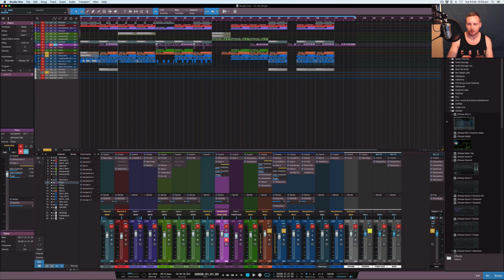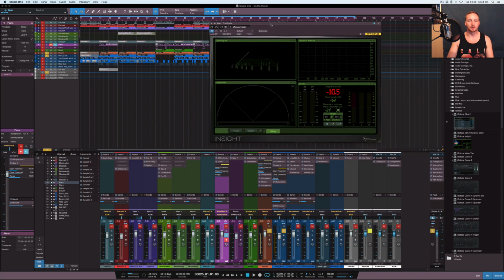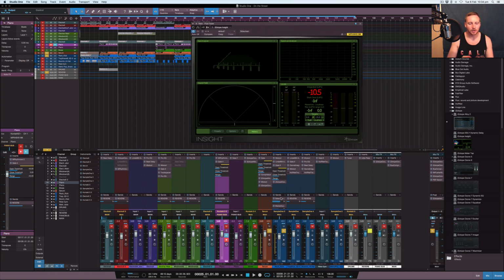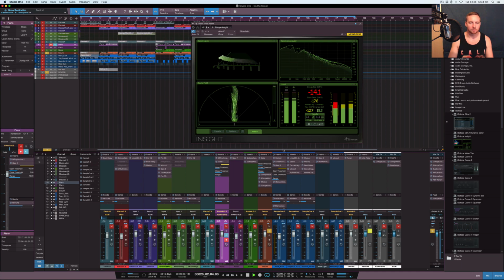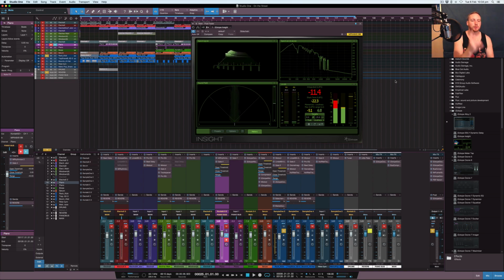If you notice, I'll just show you on this spectrometer here. I'll bring this up because this is a handy tool to see what's going on. So let's play the bass on its own, and then I'll introduce the kick, then I'll remove the bass. So let's go with the bass. So as you can see there, with the bass, it goes a little bit wider than what the kick's doing,